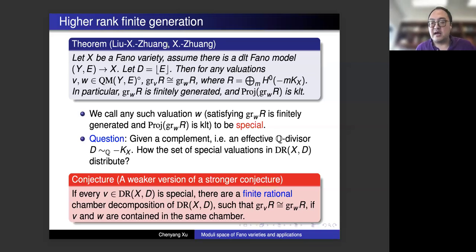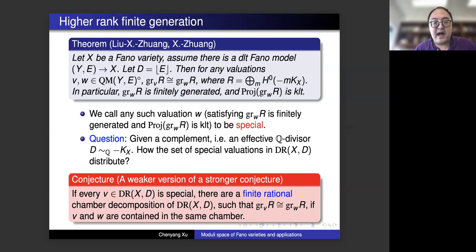So one thing I said in the last page was the existence of optimal degeneration. A major technique to prove that is something we call the higher rank finite generation. So I want to use this page to discuss it a little bit. Now if I start with a Fano variety, actually this condition is not necessarily needed, but just to give you